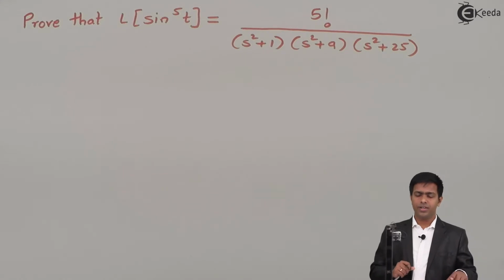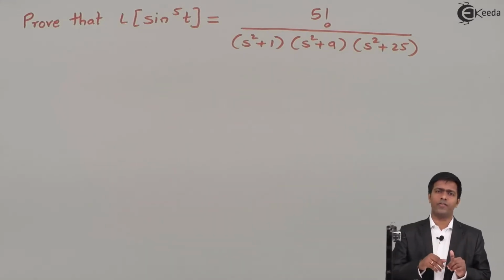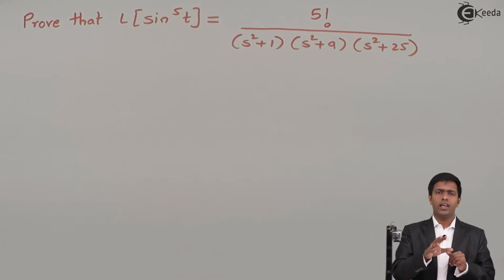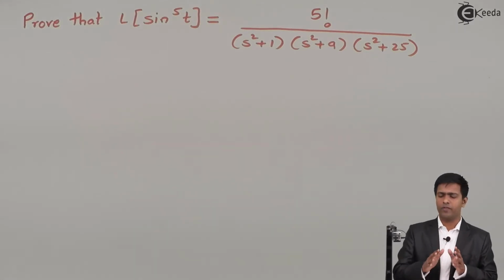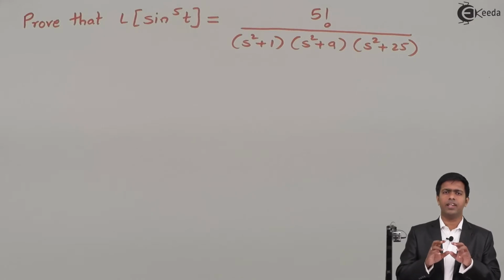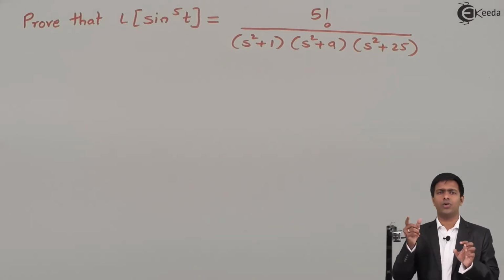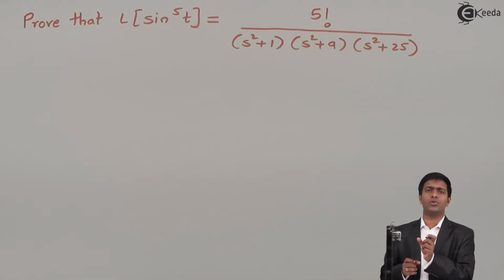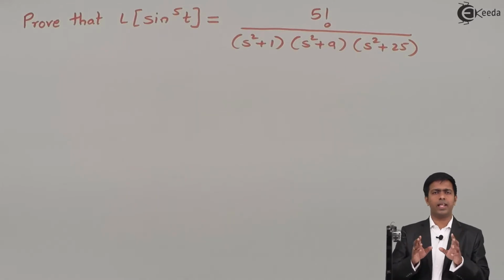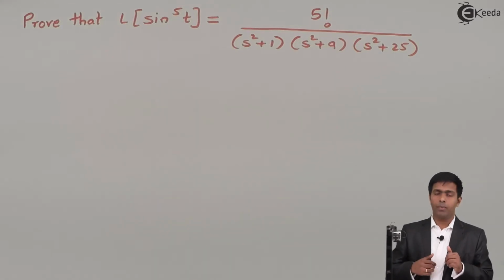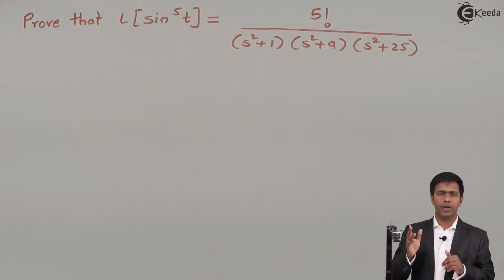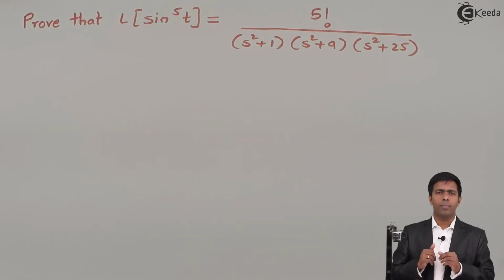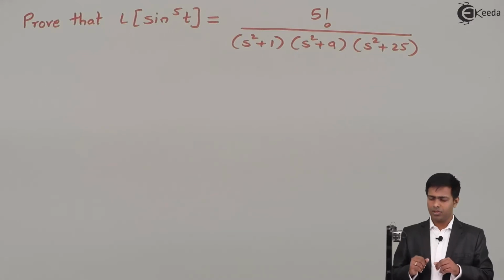So how will we do it? There are many ways to convert sin^5 t into sin at and cos at. One way is to use trigonometric formulas, in which I can divide the sin^5 t term into sin^2 t into sin^3 t, or as sin t into sin^2 t into sin^2 t, and then by applying the trigonometric formulas I can get the value. But here I am going to use another method, the binomial theorem. So here we will reduce the sin^5 t term by using the binomial theorem. How to do that?